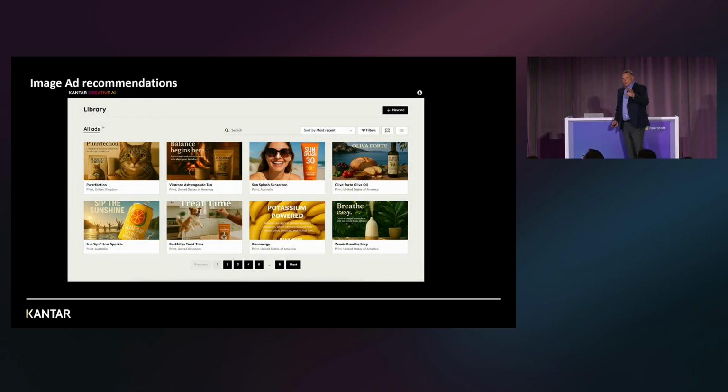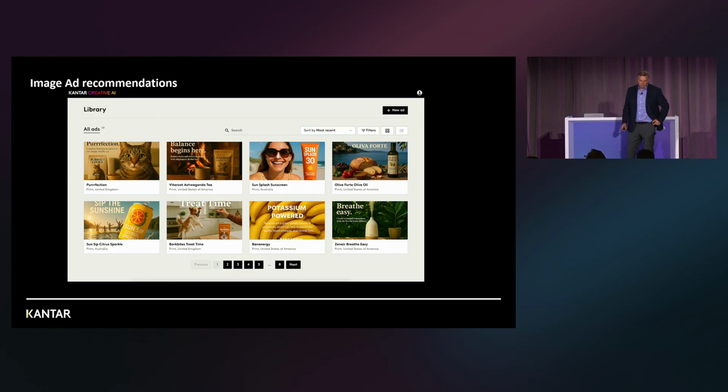So before we run into the architecture and how we actually built this, let me show you two examples. The first one is just around images. So here you have an image that you want to use in marketing. How do you optimize that image to reflect your brand and the message that you want to convey?